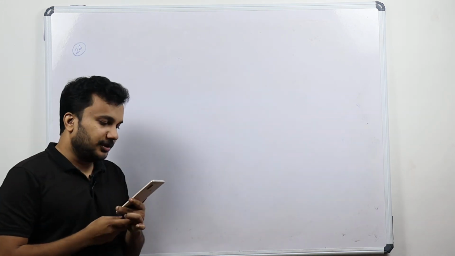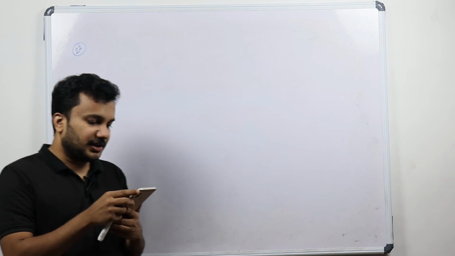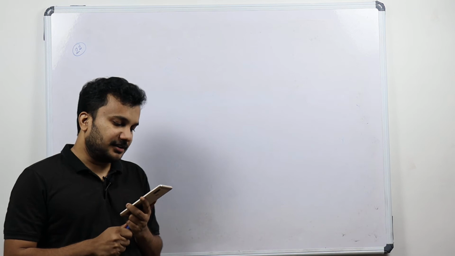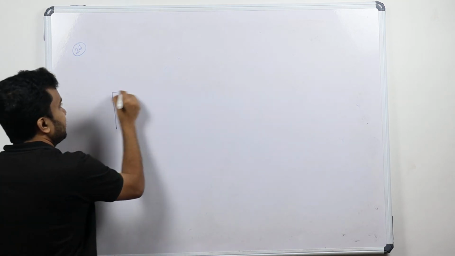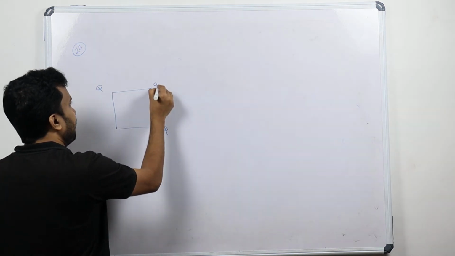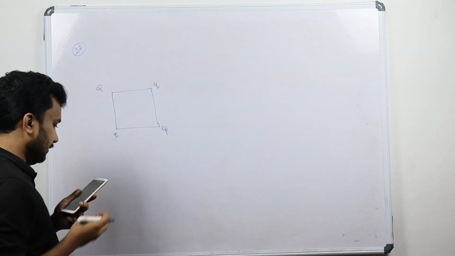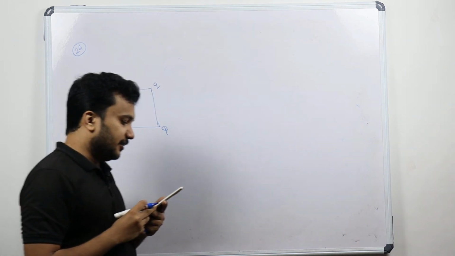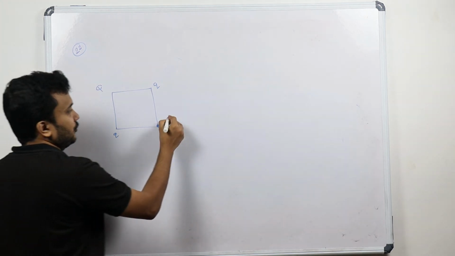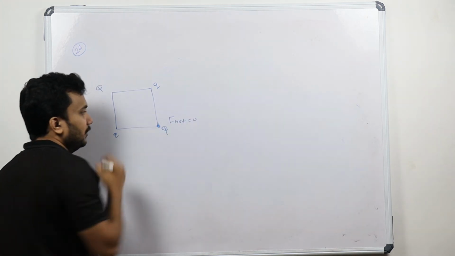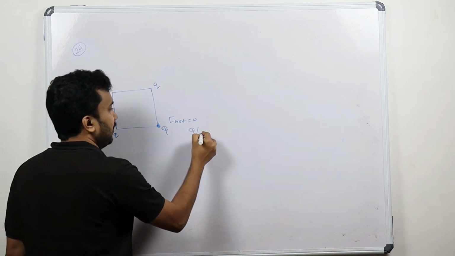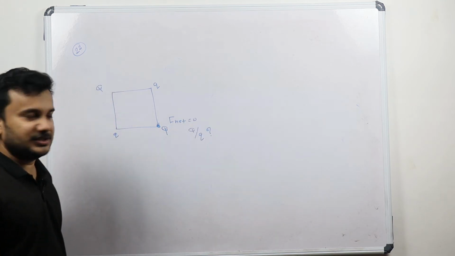What is question number 22 specifying? A charge Q is placed at each of the corners of a square. Charge q is placed at each of the other corners. So let's consider a square. Here capital Q, here capital Q, here small q are placed. If the net electric force on Q is 0, suppose I am taking this Q, so F net will be equal to 0. If such conditions are coming, what is the value of q divided by Q? That is the question to us.